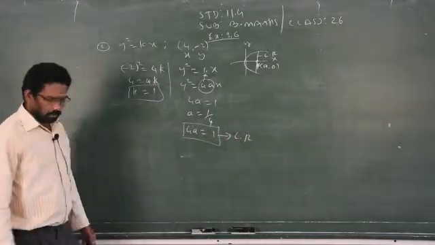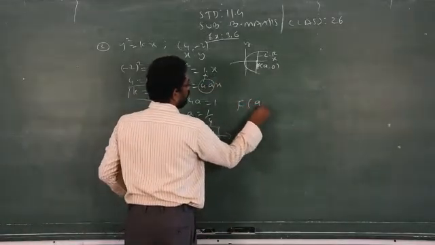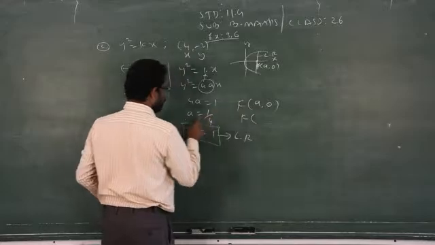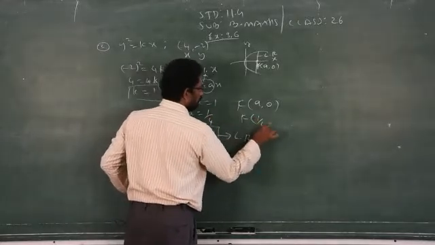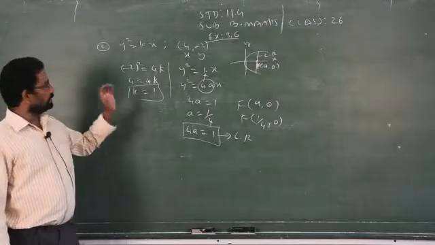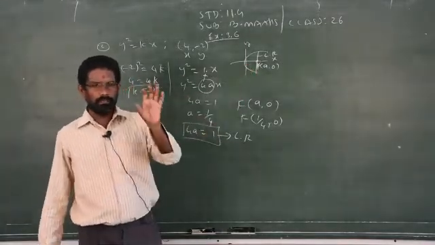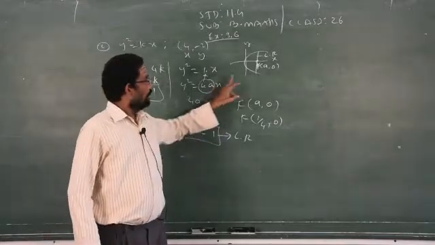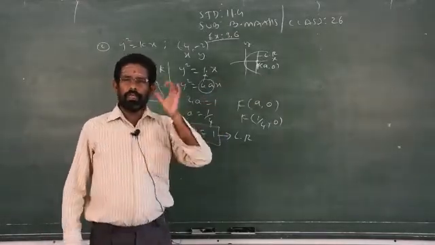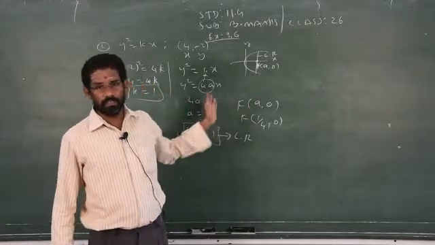Now you have to find out the focus. What is the formula to find focus? Focus is a comma 0. So what is your a? We found already a is equal to 1 by 4, so the focus is 1 by 4 comma 0. Clear? So that's all. Just you have to remember the diagram, standard formula and relevant diagram, how to take focus, what the characteristics are. Everything I explained very clearly.